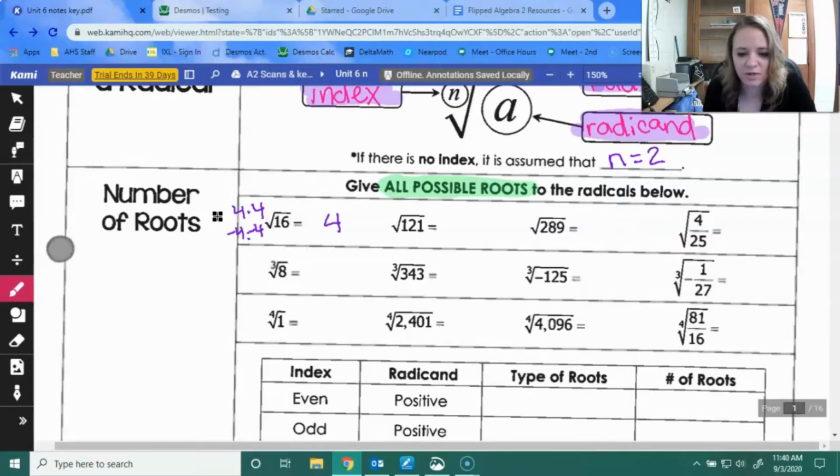So whenever we have that, we say, okay, if it's all possible, and as long as this has no symbol and this has no symbol, it's plus minus. So we indicate that by putting a little plus minus right over each other in front of the answer. All right, 121